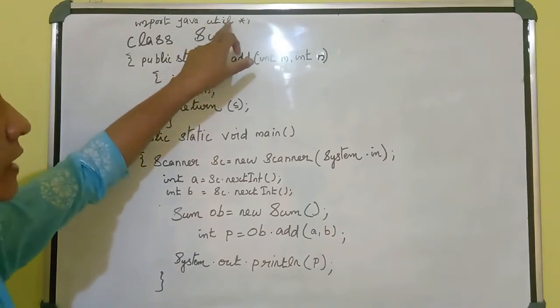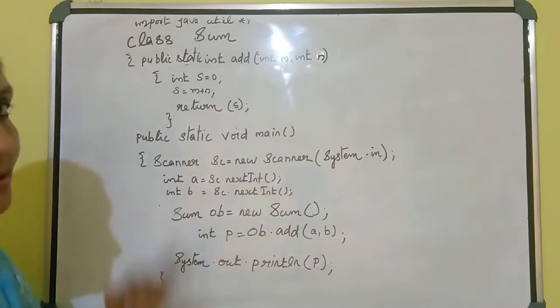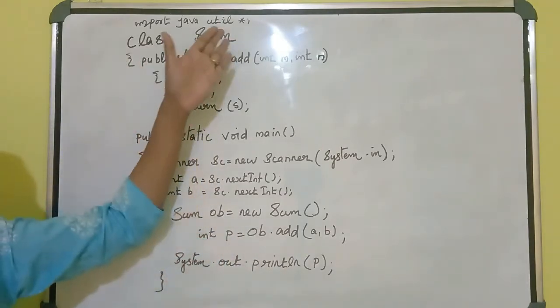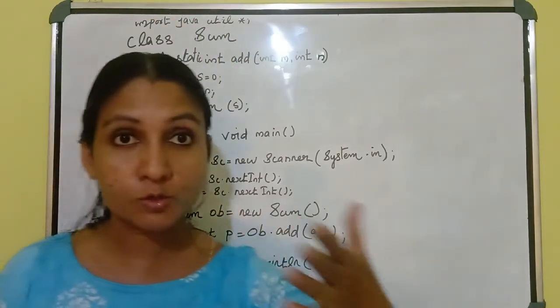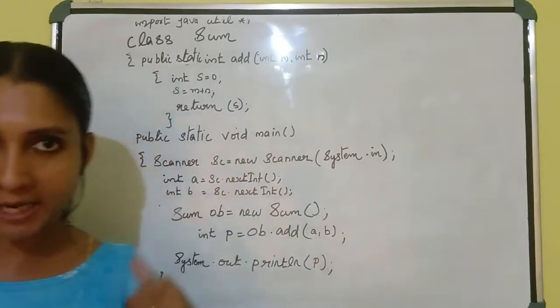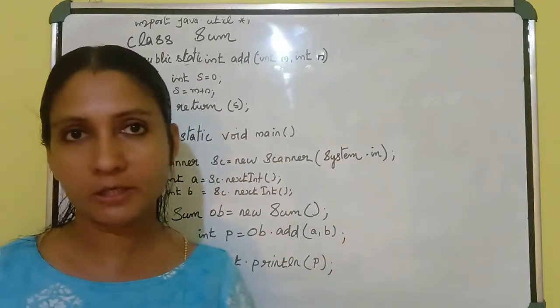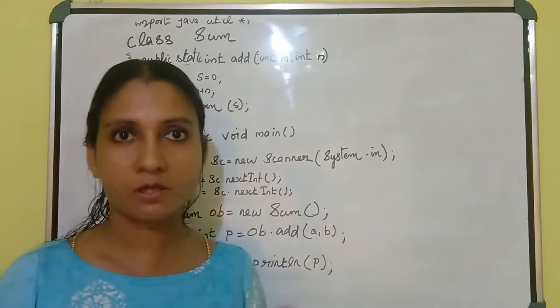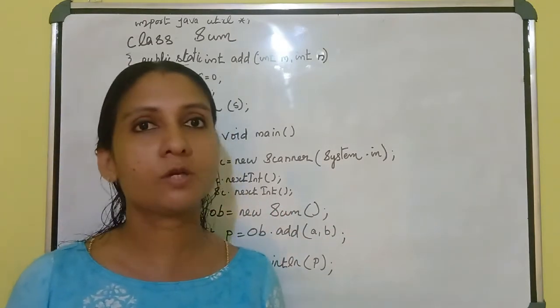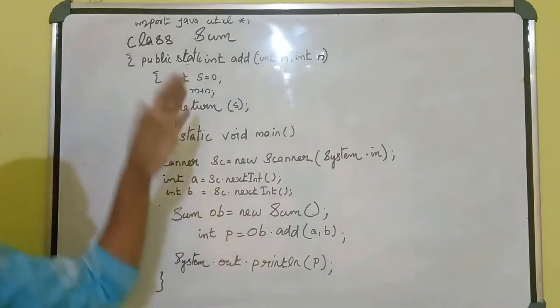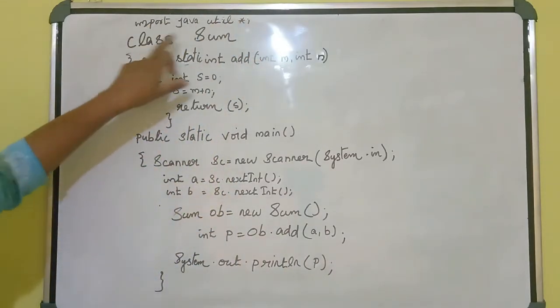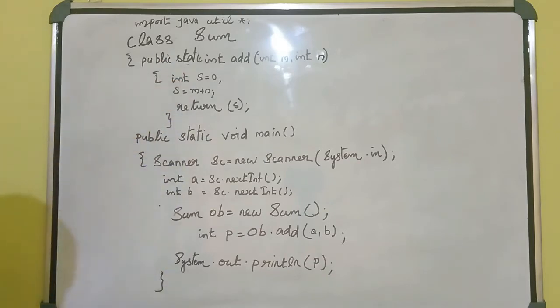With the help of the util package, I defined this class. Instead of the util package, you can use the IO package. If you are using the IO package, you have to create a buffer reader object. Here I created one scanner class object. You may use whichever one you need. Okay, shall we start? Import java.util.*; class sum. And the first function name is